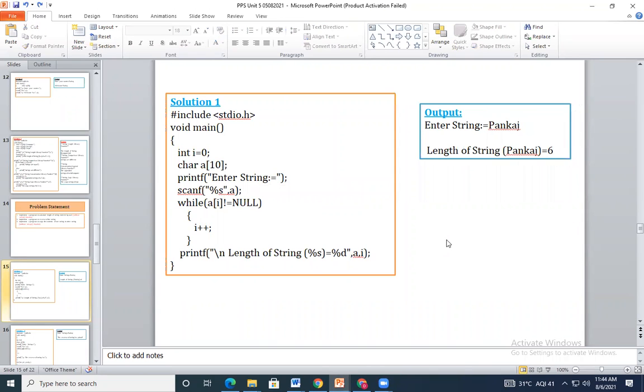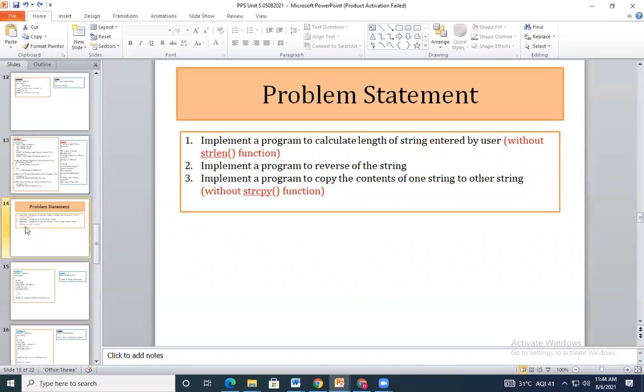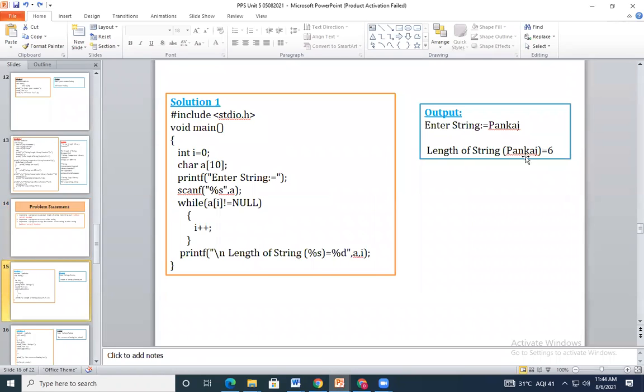See, these questions are asked in interviews, in campus interviews. The questions may be asked in a different way, like to find the length of a string. If no condition is given, you are allowed to simply use the string length function. But if the condition is given like this, without using the string length function, then you need to go with this type of program. Okay.